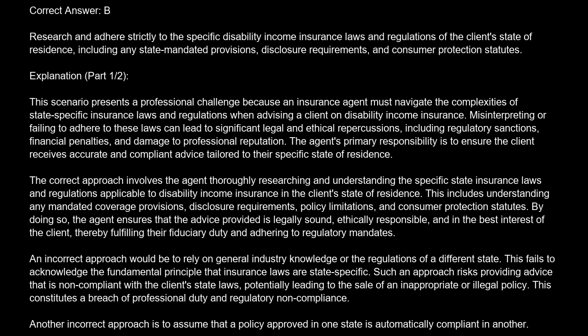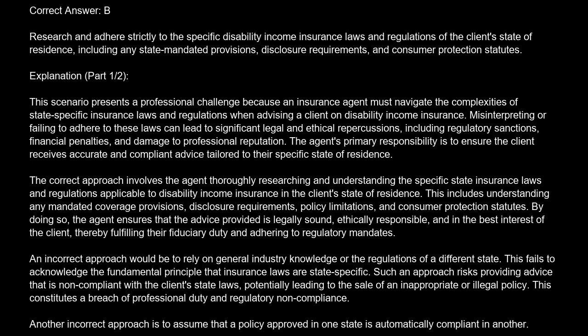Explanation: this scenario presents a professional challenge because an insurance agent must navigate the complexities of state-specific insurance laws and regulations when advising a client on disability income insurance. Misinterpreting or failing to adhere to these laws can lead to significant legal and ethical repercussions, including regulatory sanctions, financial penalties, and damage to professional reputation. The agent's primary responsibility is to ensure the client receives accurate and compliant advice tailored to their specific state of